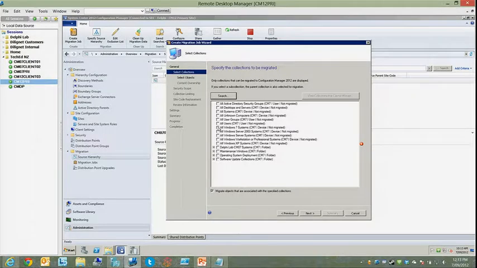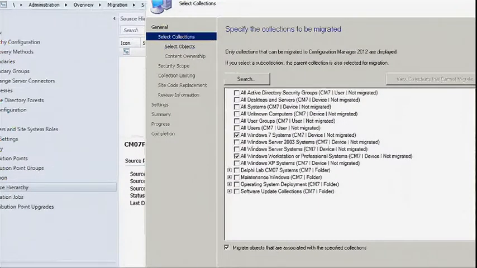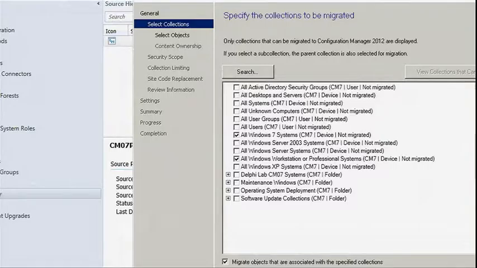And I'll zoom in. It's automatically ticked all Windows Workstation, all professional systems, because all Windows 7 systems is populated using a query which is limited to that other one. So it understands that and it recognizes it as a dependency. It's going to bring it across, whether or not you actually need it eventually